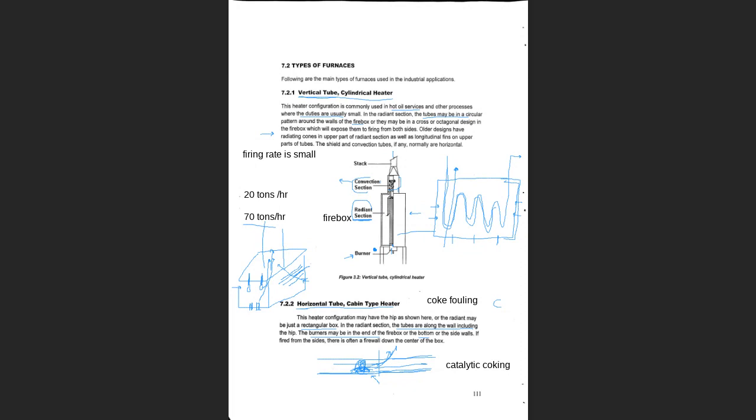طبعا إن شاء الله if I have enough time I will try to explain how to decoke a furnace. كيف إنك or how they design furnaces to remove the accumulating coke inside the tubes، بحيث انه يصير عمليه تنظيف التيوب ويرجع بشكل نظيف. طبعا for your information, how do they detect that there is a lot of coke inside the tubes؟ كيف يقدرون يا شباب يعرفون انه في كميه كبيره من الكوك بدات تتراكم داخل التيوب؟